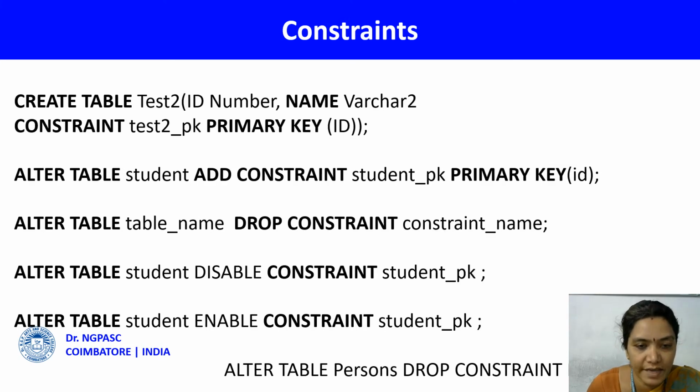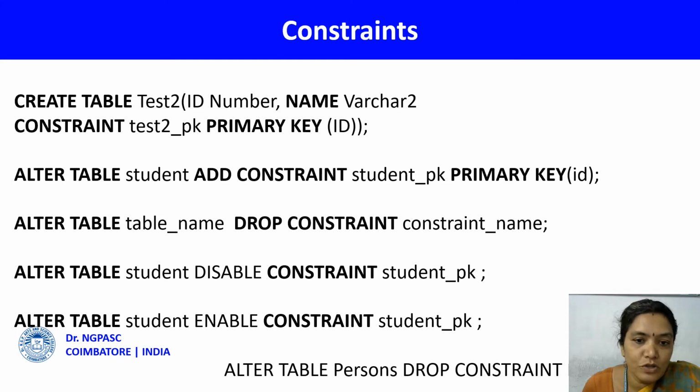Here is an example. I'm going to create a table called test2. In that I have a column called ID, which takes the data type NUMBER. Then the name column is of VARCHAR2 type. Then CONSTRAINT test2_pk is the name of the constraint, then PRIMARY KEY, and for which column I'm adding the primary key, I list it here: the name column. This is a table level constraint. Why I am calling this a table level constraint is that I have added the constraint at the end of the column definition.